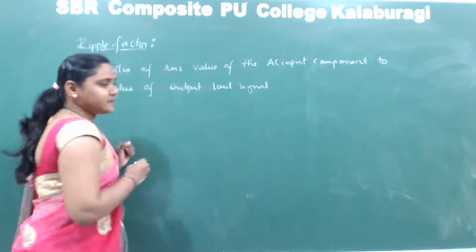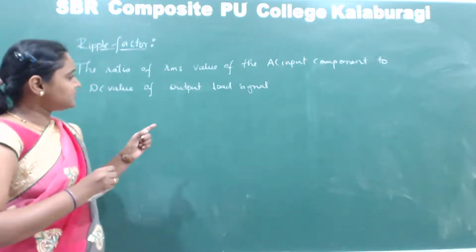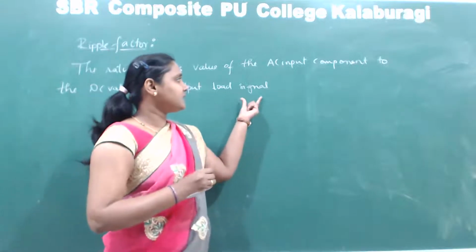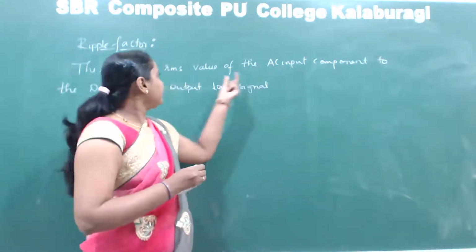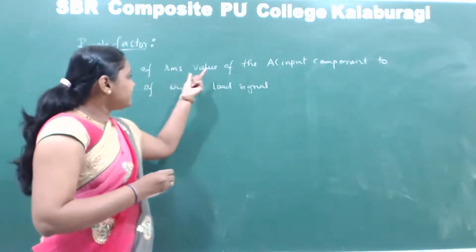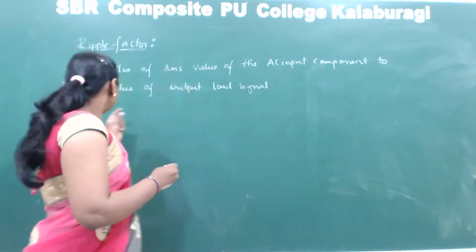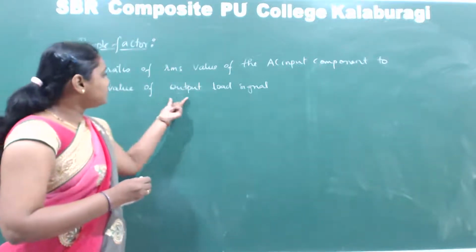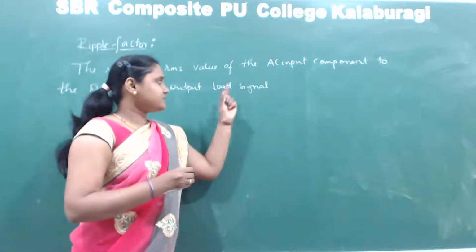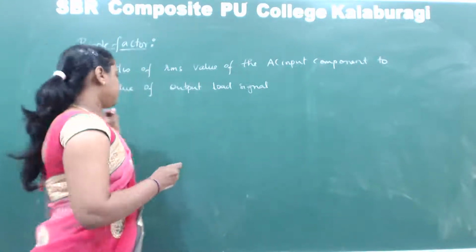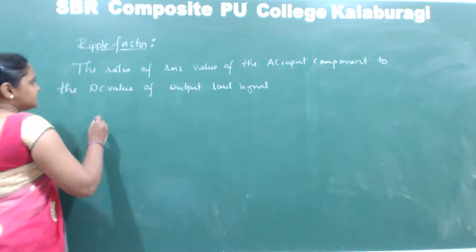It can be with respect to the voltage or with respect to the current. If I write it as the ratio of the RMS value of the AC input voltage to the DC value of the output load voltage, then it is with respect to the voltage. And this is represented by